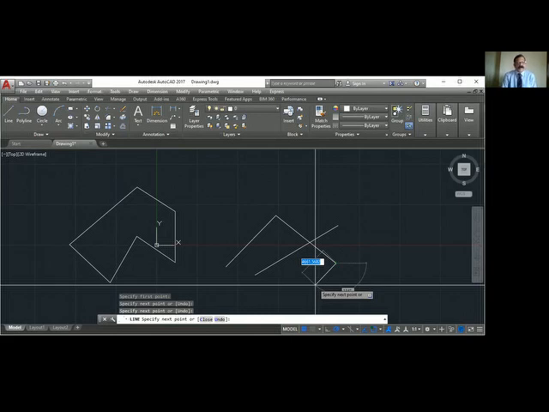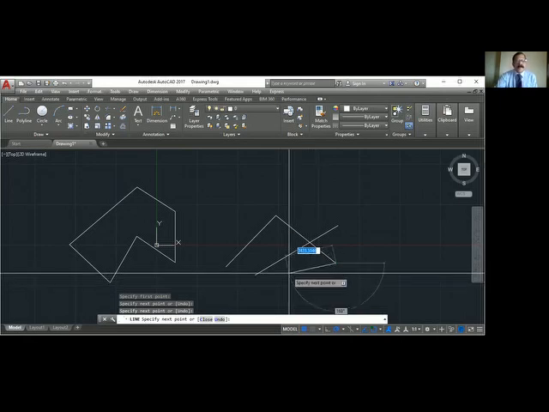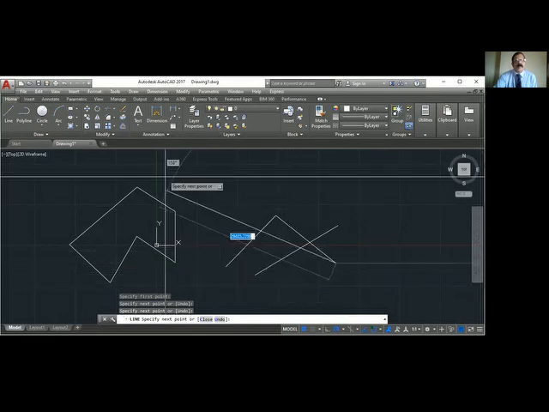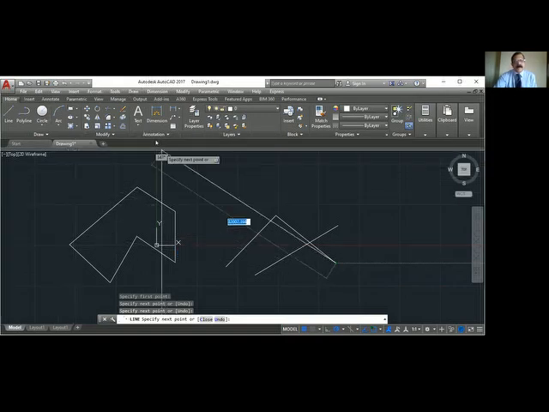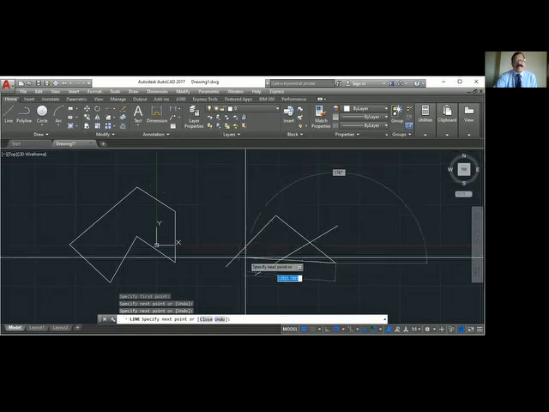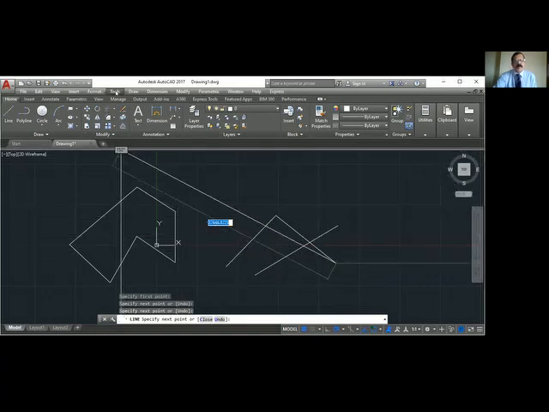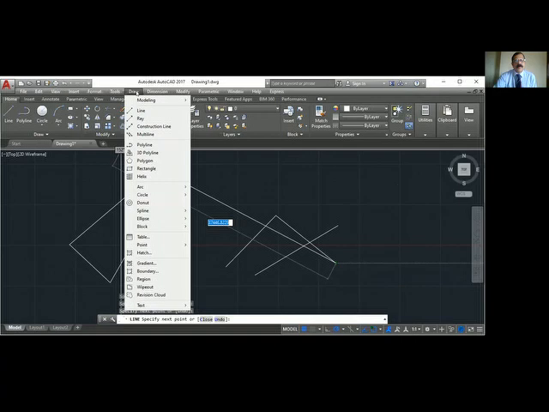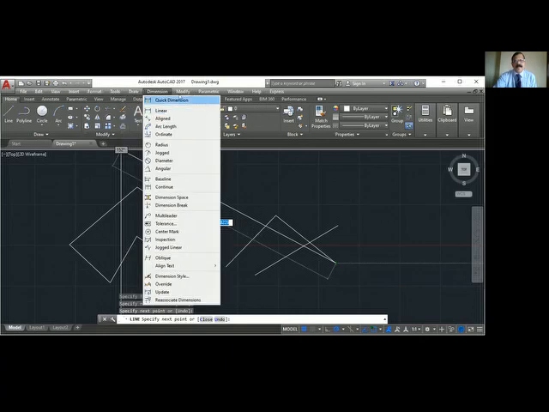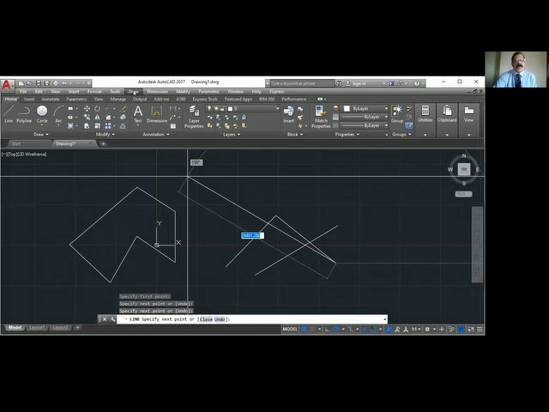Write down. A command can be given three ways. One is from ribbon. Second one is from toolbar. From ribbon is actually in bracket. Write down toolbar. Toolbar is actually called ribbons here. Then the second one is menu bar, from drawing. Draw. Almost all commands are there in the draw menu. There are some commands in tools also, some commands in modify.